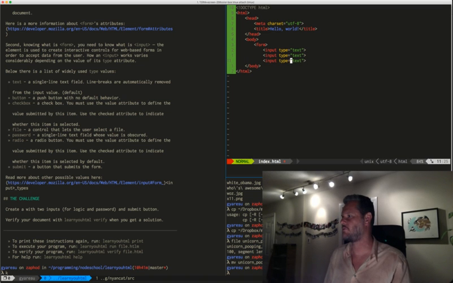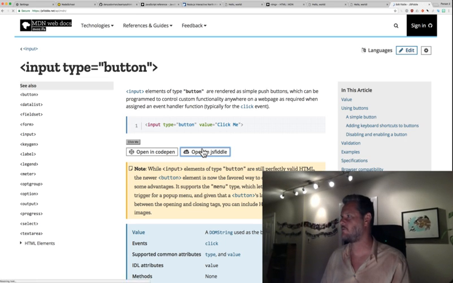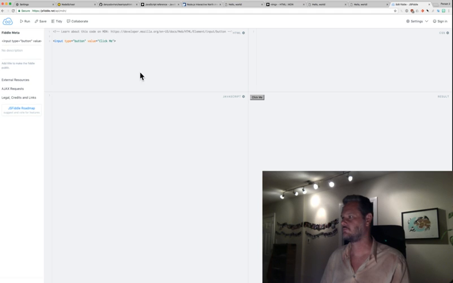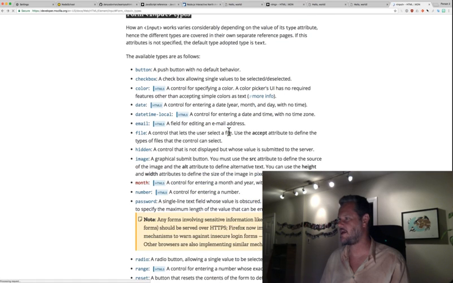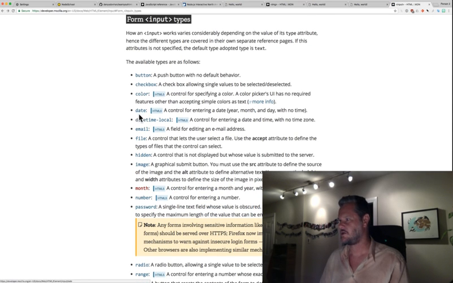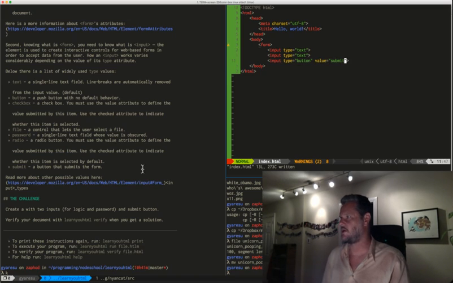Input type, button, value equals submit. All right, JS Fiddle. That'll be fun. Let's see if that works. Excellent. Okay, so that's pretty straightforward. I like that. All right. Input, we don't need to close the tags. We don't need file, hidden, image, month, number, password. Ooh, I like that. Let's go with that